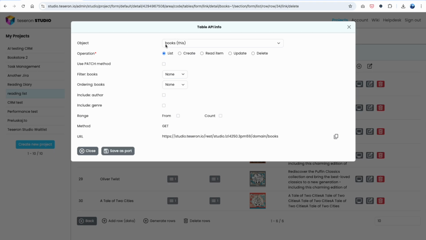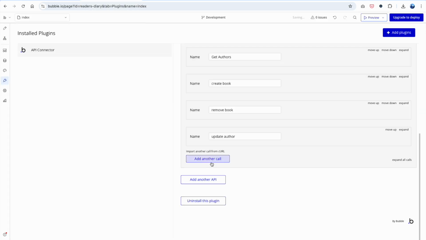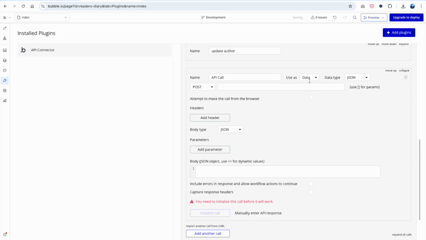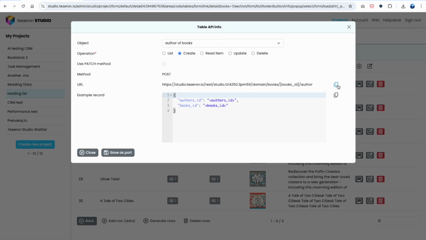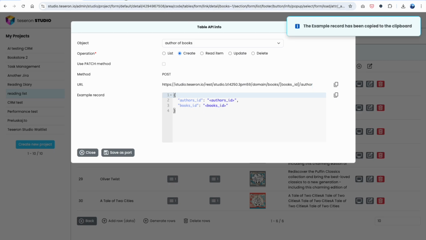I'm going to enter the create feature, but I need to switch this object from books to authors of books. And then I get this new URL and also this JSON object. I need to place both into my Bubble editor. So I'm setting up a new API call that is going to be a POST call. It's an action. Copy this. It's going to be the URL,